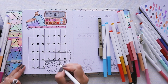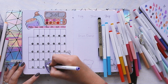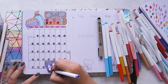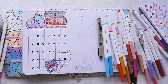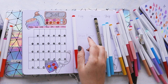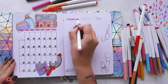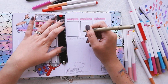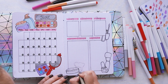It also takes me a while here to pick the colors because I didn't really ever use Crayola Super Tips. And of course on the paper all the colors look very different. So that's why I had my notepad so I can test all the colors and be sure that everything is perfect. So this page that mostly was cut because of my head, that's my goals and my to-do